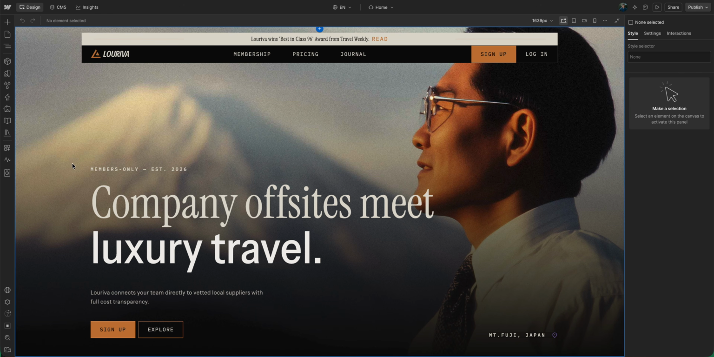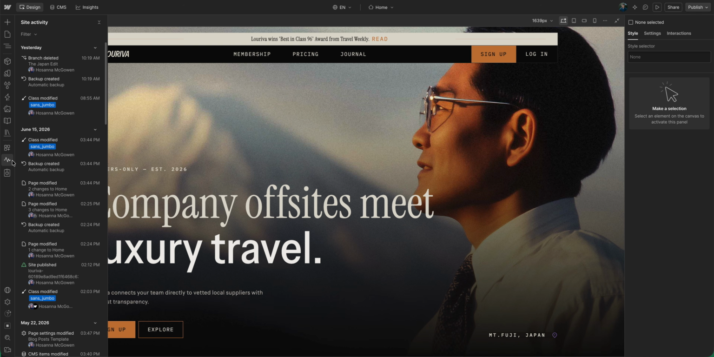In this video, we'll look at how the site activity log helps us review changes before publishing, especially when AI is part of the workflow. We'll start over here in the left panel. We'll open Site Activity Log. A quick note, the Site Activity Log requires an enterprise plan, so if you don't see it here, you can